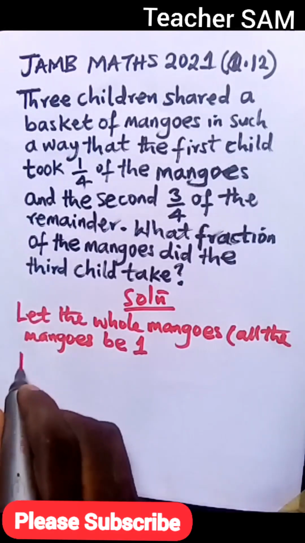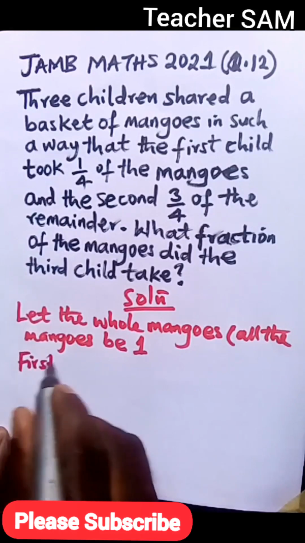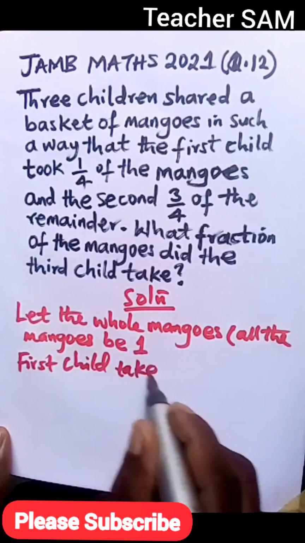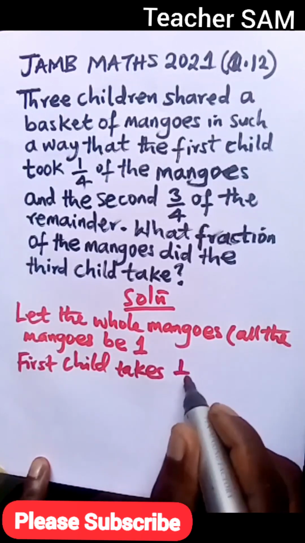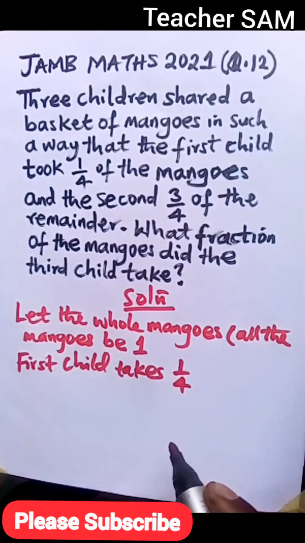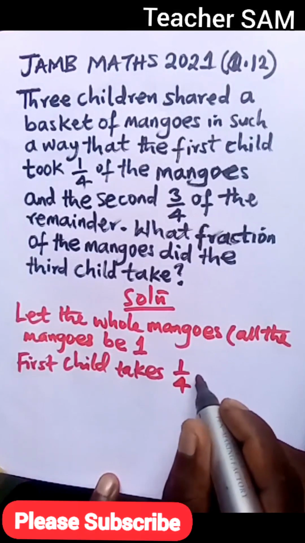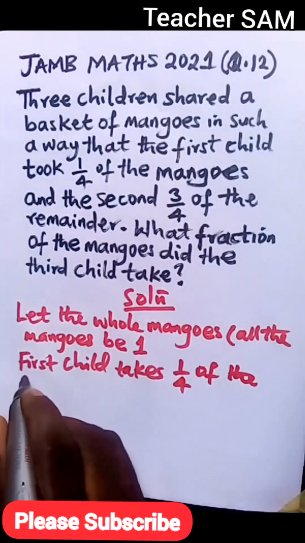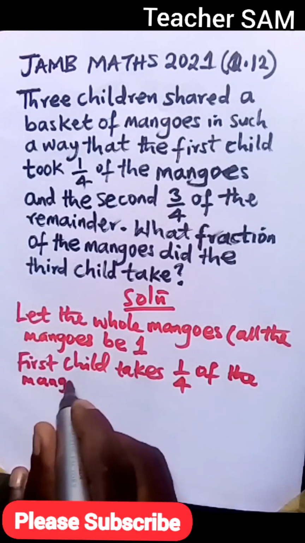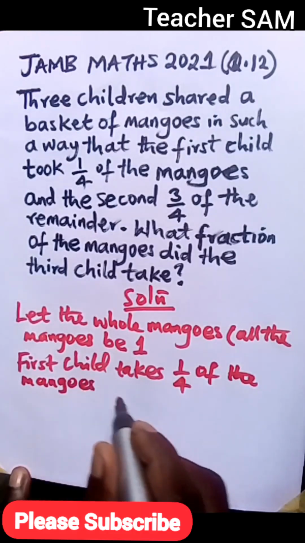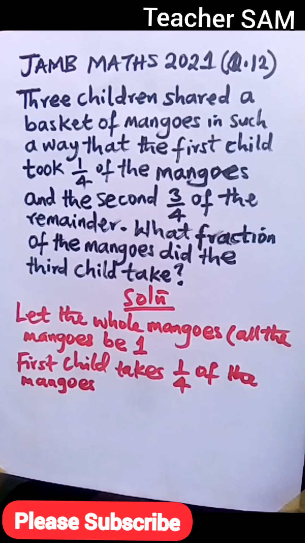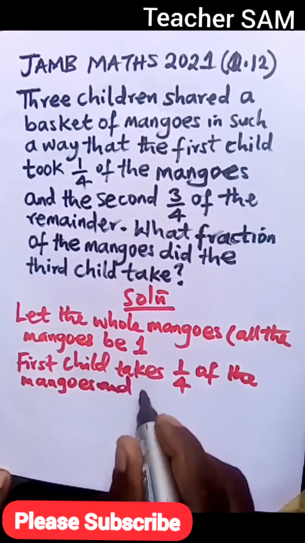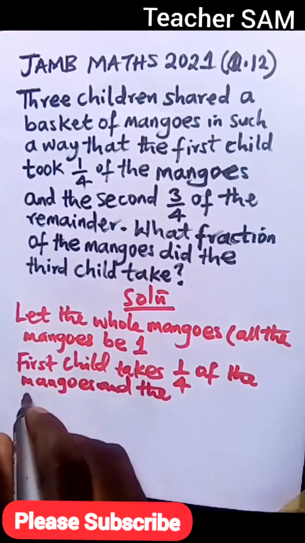So the first child takes 1/4 of the mangoes, and the remainder